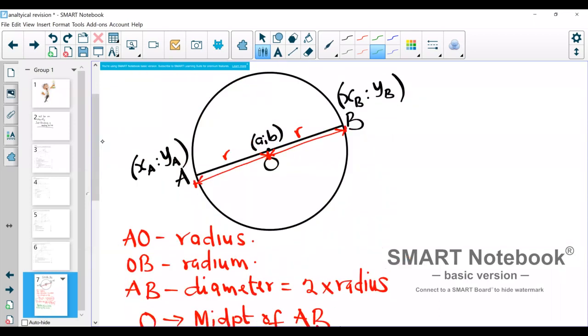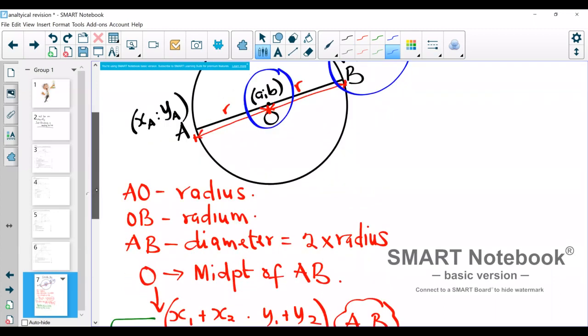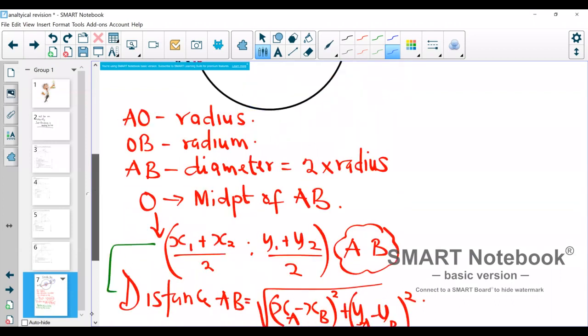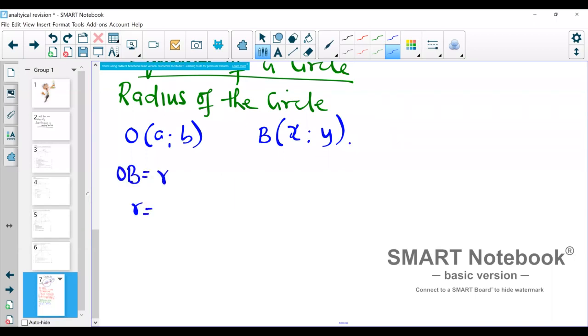Let's go back. So I have two coordinates. And what are my coordinates? A, B, which is the center of the circle, and I have a point on the circle. So for the radius, we have AB, which is the center, and we have point B. Okay, so for the radius of the circle, we have O, which is (a, b), and we have point B, which is x and let's just say y. What is the radius, therefore? OB, which is the radius. My radius, therefore, will be the square root of